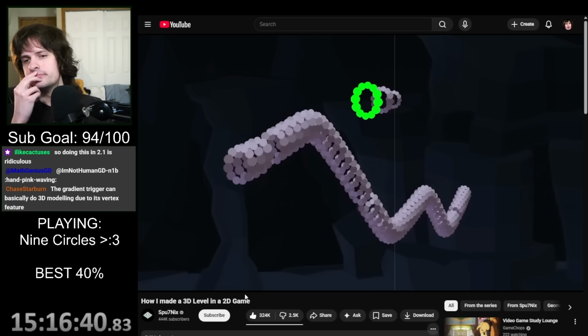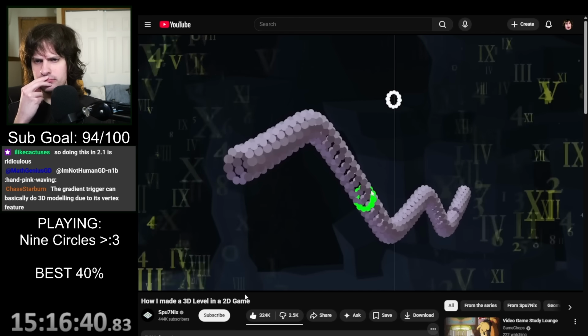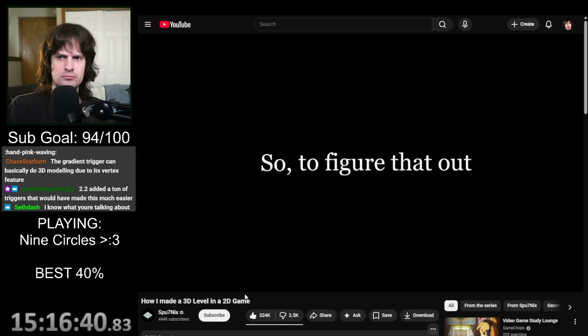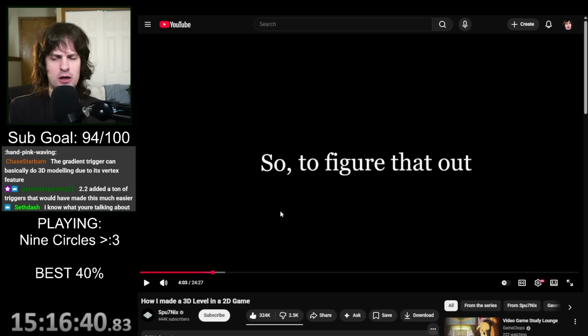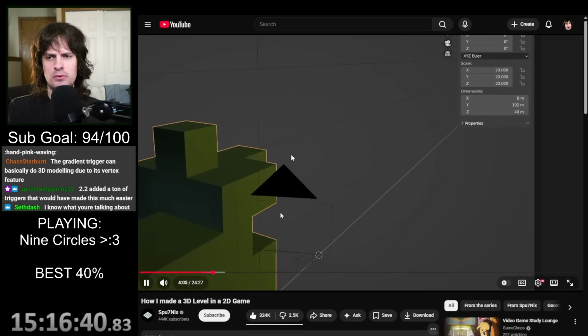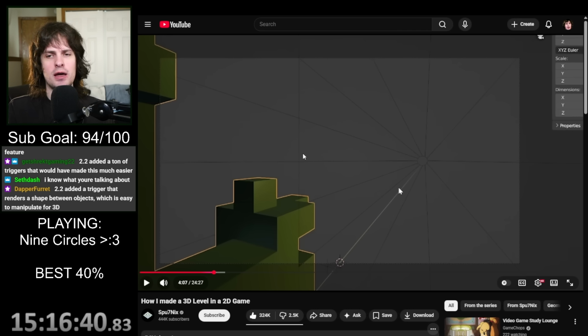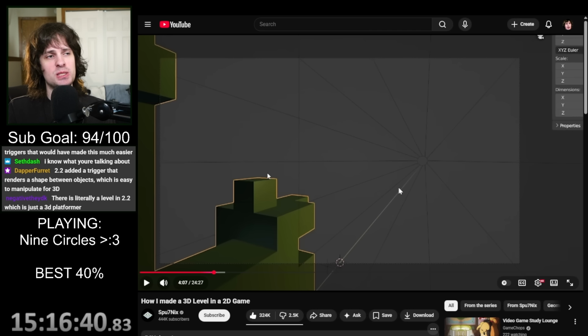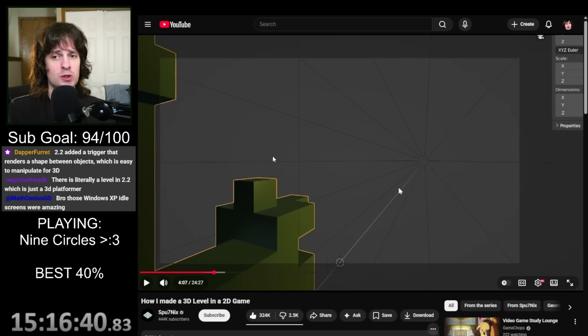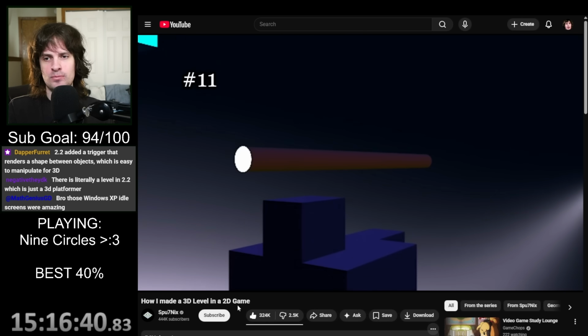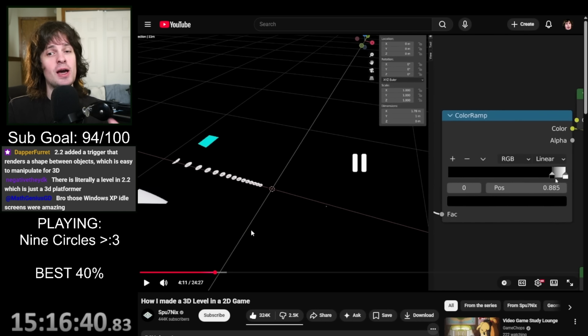In this part, this has to be done in a really mathematically specific way. So to figure that out, oh, it added a lot of stuff? I recreated the camera angle in the 3D modeling software so that I could oh, there's a gradient trigger that can basically do 3D modeling due to its vertex feature? Okay. Well, thank you for bringing that up, chat. That means that this is even more impressive because it was before 2.2, and we would be remiss to not highlight that. And draw out 14 different realizations of ellipses, which I can then overlap on